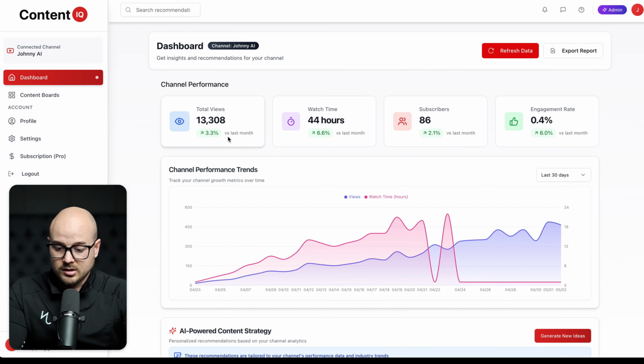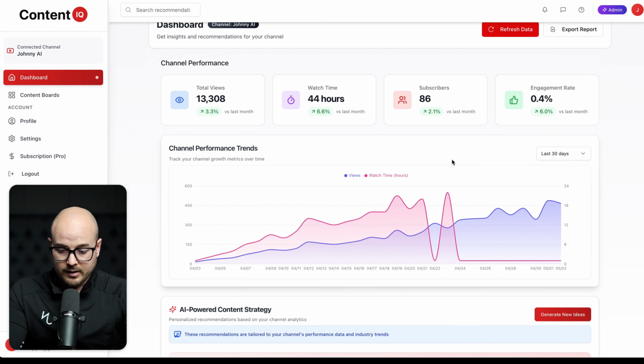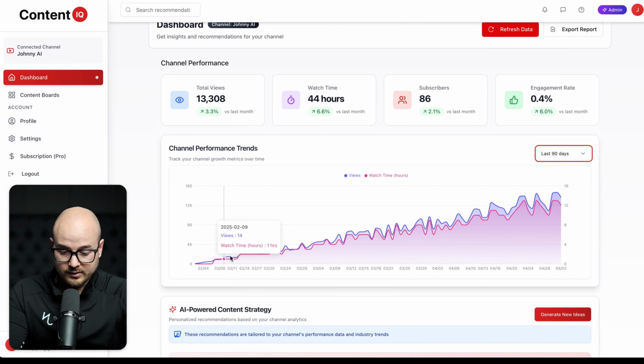And within that, you can also see there's a little bit of a growth widget that will compare to the previous month. So I can see that currently, since I've restarted my YouTube channel, I've been growing 3.3% per month. For watch time, the watch time is increased by 6.6%, the subscribers by 2.1%, and the engagement by 6%. Okay, then based on that, again, you can look at the channel's performance trends, looking over time, seeing how the channel is growing, looking at the watch hours, but also looking at your views,